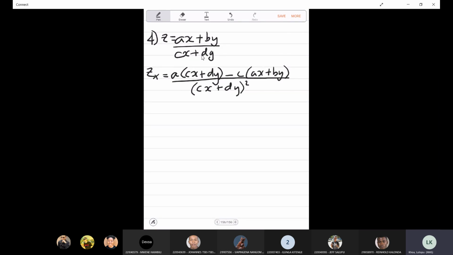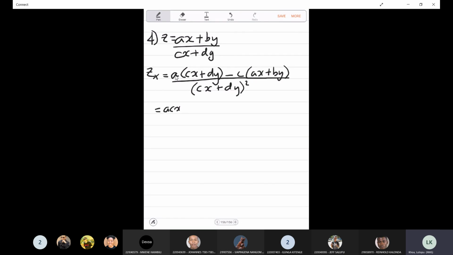Because we have to differentiate this again, we want to have our answer in its simplest form. So we can multiply our brackets out and collect the X terms and the Y terms so that differentiating after that will be easy. So this is